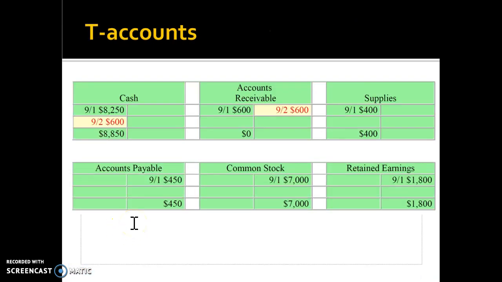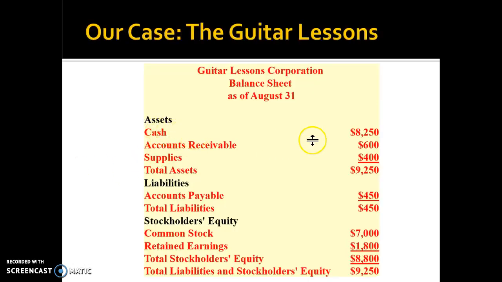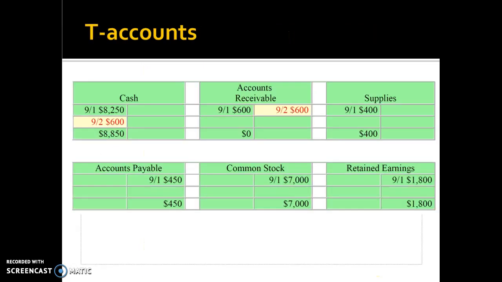If you look at the T accounts, showing that from August, remember the first yellow table I showed you? From August, the company has accumulated $8,250 cash, right? So our T account first, under the cash title, would reflect that at the beginning of September, which is the end of August, we have $8,250 cash. Now, in the first transaction we just talked about in the previous slides, it increases cash for $600,